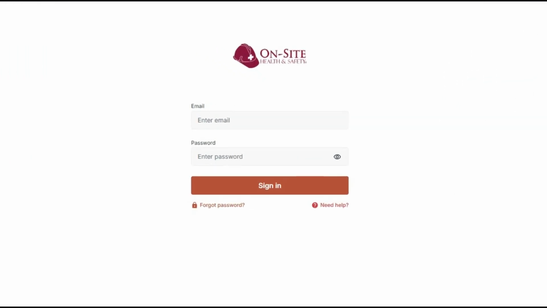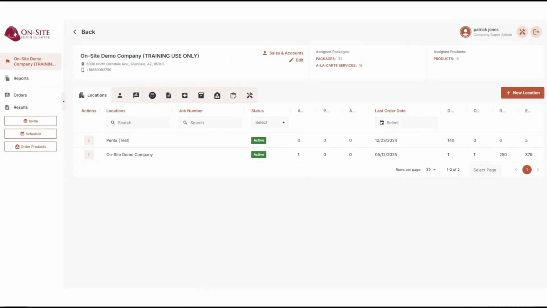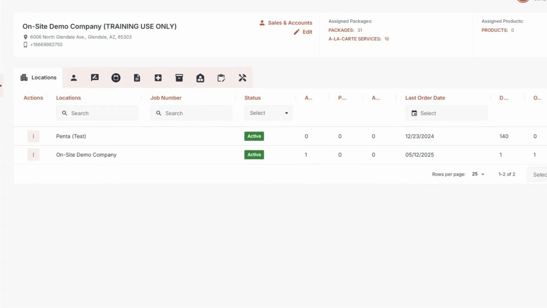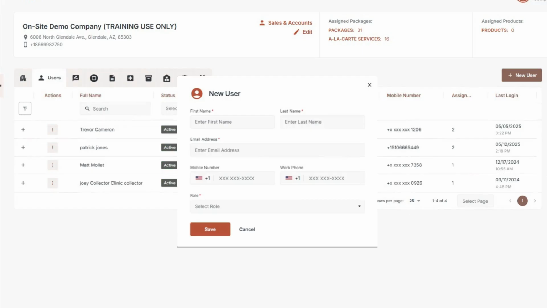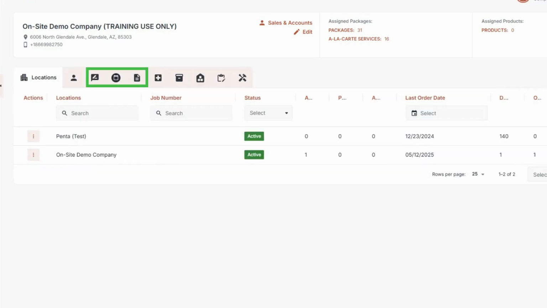Part of this new platform is the creation of the company portal. Once set up, this portal will give individual companies and users their own login credentials and access to their company's information. Once logged in, users will have the ability to explore and manage various aspects, such as job site locations, adding administrative users, live time notification of drug testing orders and results,